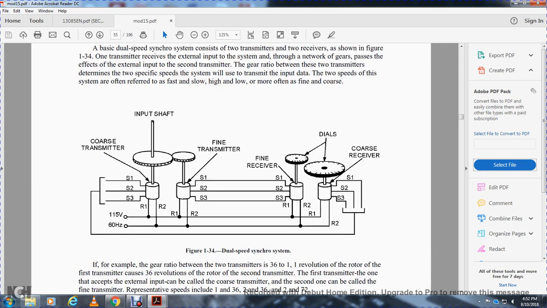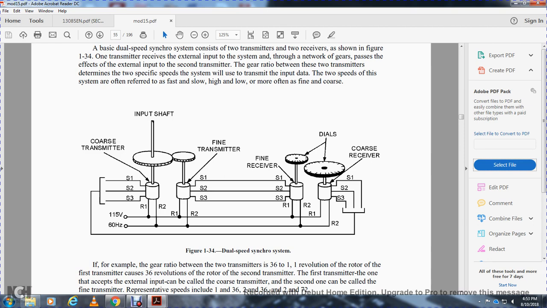The dual-speed synchro system: the course transmitter has rotor 1 and rotor 2 with stator 1, stator 2, and stator 3, on the input shaft with the fine transmitter. The fine transmitter also has stator 1, stator 2, and stator 3, with 115 volt 60 hertz excitation on rotor 1 and rotor 2 on the input shaft. Stator 1, stator 2, and stator 3 of the fine transmitter go over to the fine receiver. Rotor 1 and rotor 2 of the